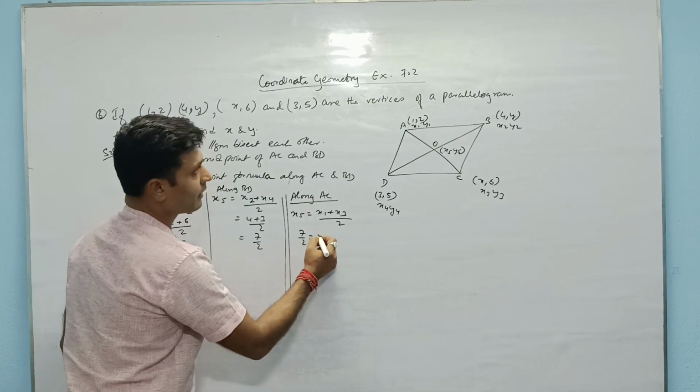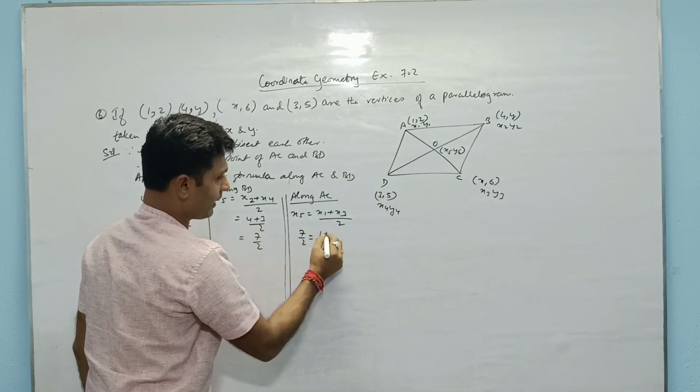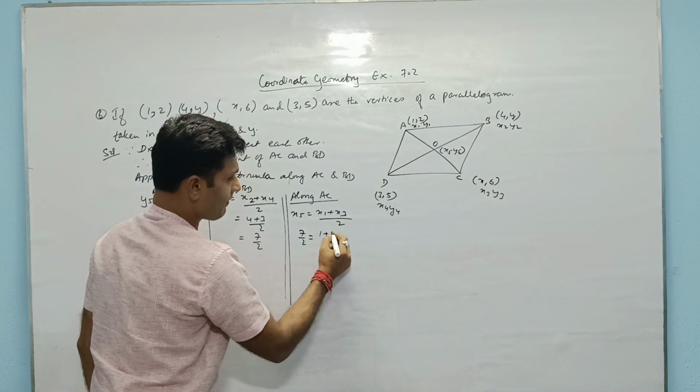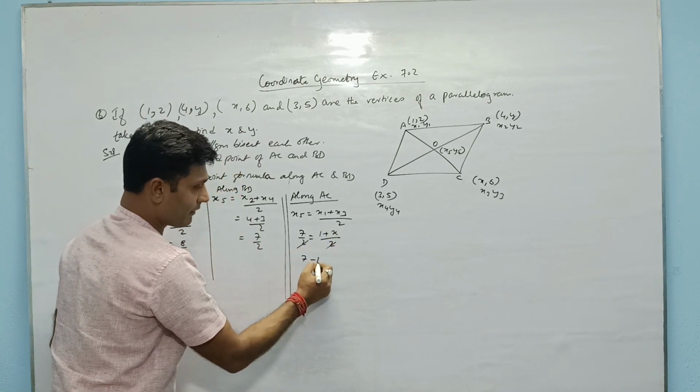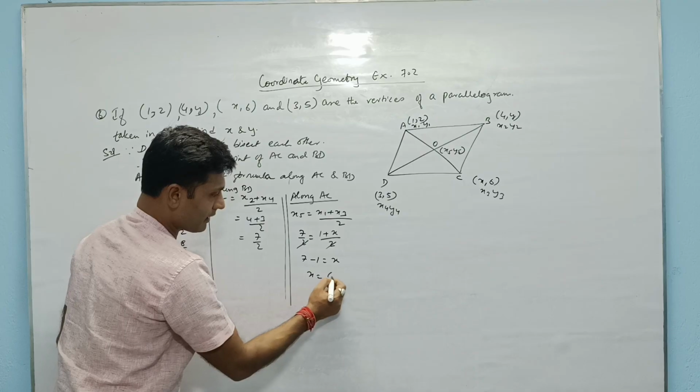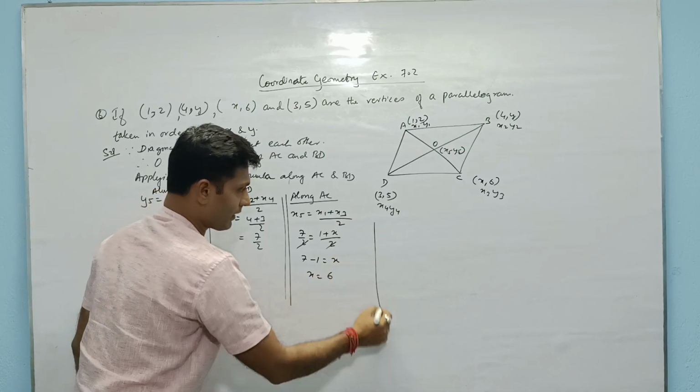So x5, how much did we get? 7 by 2. What is x1? 1. What is x3? x divided by 2. 2 and 2 will cancel. 7 minus 1 is x. x is equal to 6. Now here I'll write